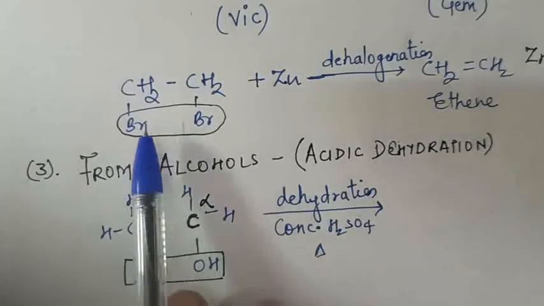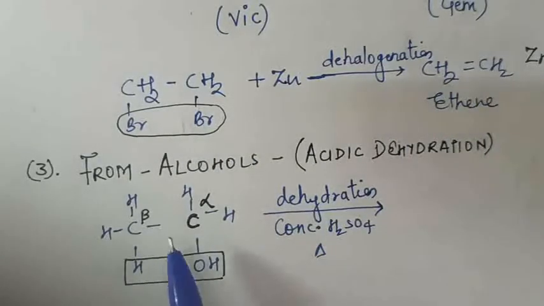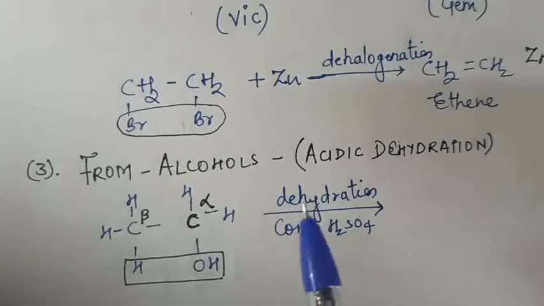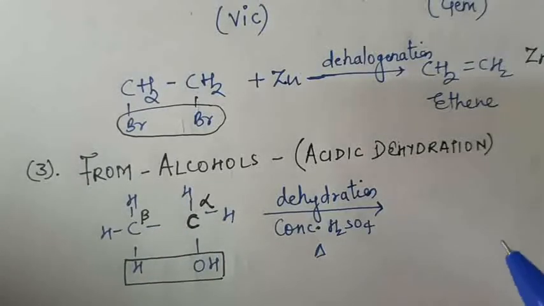Now see, similarly as you removed bromine here and then got a double bond, the same case is here. Why I said it is similar to the beta elimination? Because elimination is taking place. Water remove हो रहा है, eliminate हो रहा है, और जो हाइड्रोजन लेकर जा रहा है वो बीटा कार्बन से है. ठीक है, इसीलिए हम इसे बीटा एलिमिनेशन भी कह सकते हैं. So you can consider this reaction as an example of beta elimination reaction.